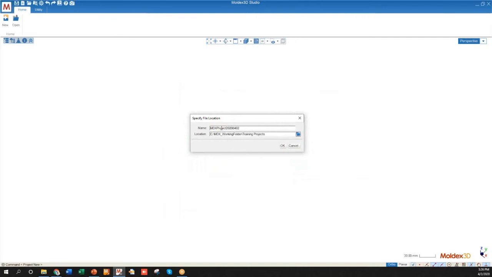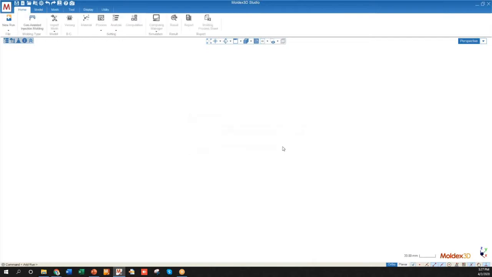So you want to make sure that this folder location lies on your computer, meaning you don't really want this to be on a network drive. And you also want the name to be meaningful. You can see the default here is MDX project with the date following it. We really don't want this name because if I have 20, 50 projects with the same notation, you're never going to be able to figure out which one's which. Trust me, I've been there. So I'm going to change the name to something a little bit more meaningful,